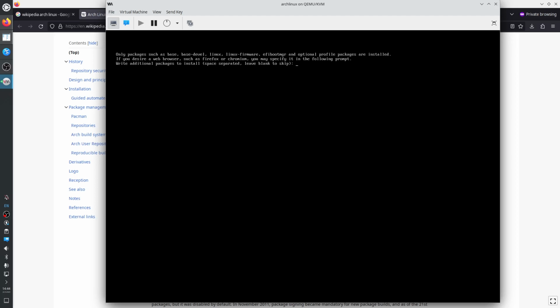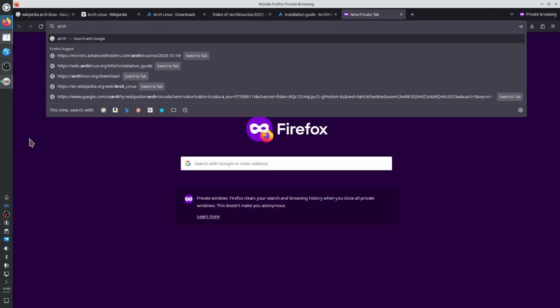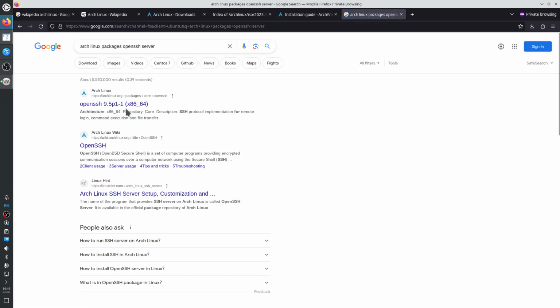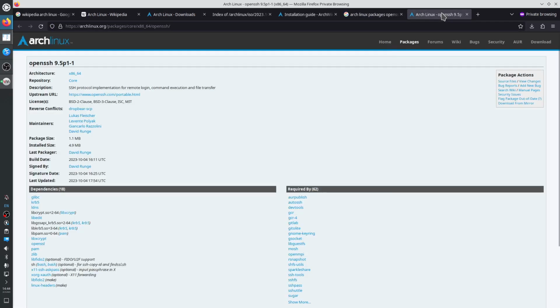If you desire a web browser, I'm not sure how to do that. Firefox, Emacs no X, OpenSSH. What's the name of the OpenSSH package? Arch Linux packages OpenSSH server. So the package OpenSSH,